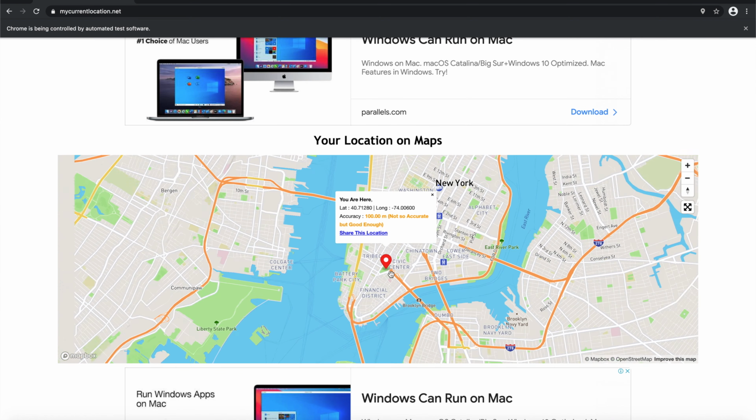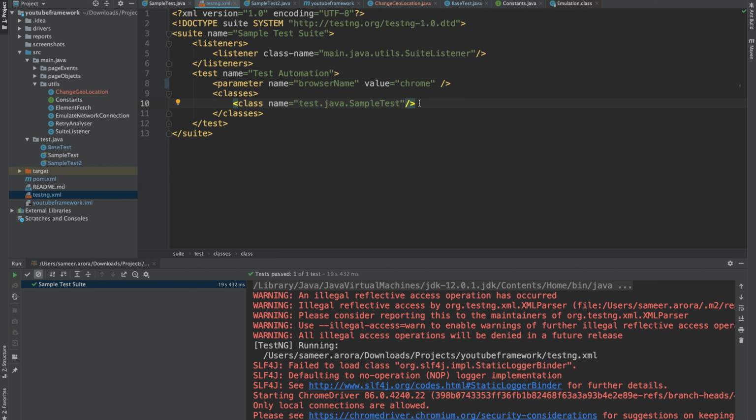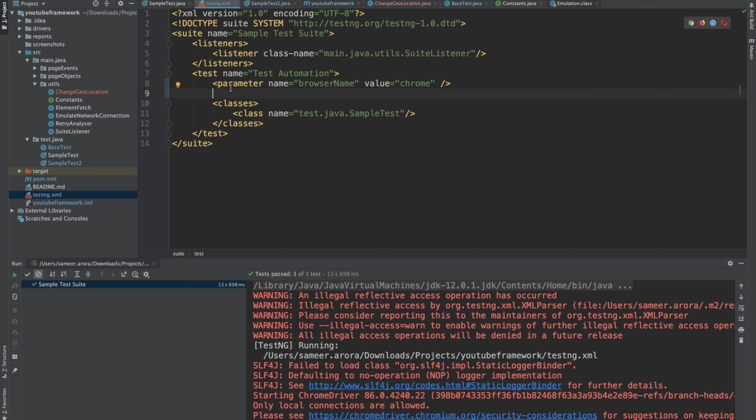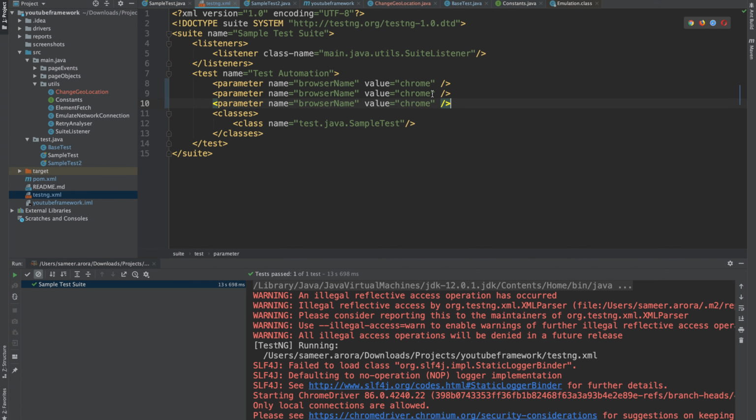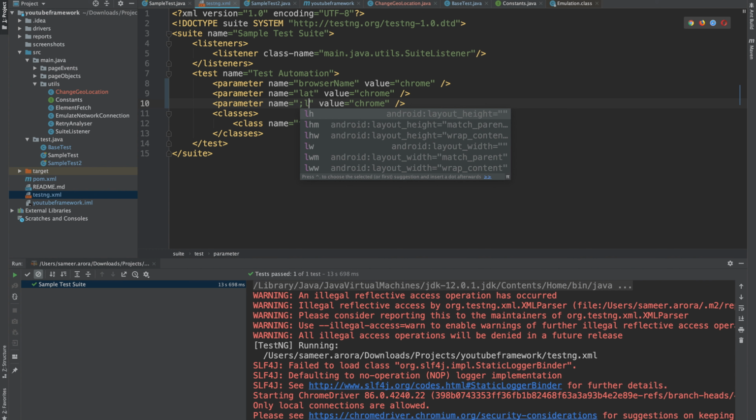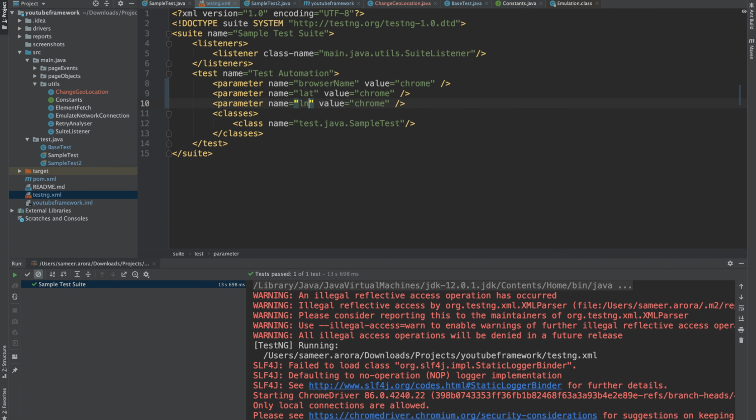What you can also do here is pick the lat long from the testng file itself, and you can run the same set of code in two different geolocations, and you can see whether the application is working as expected or not. So for that, you can add the parameters value here, another one, and you can name the value as lat and long, and I'm removing this.